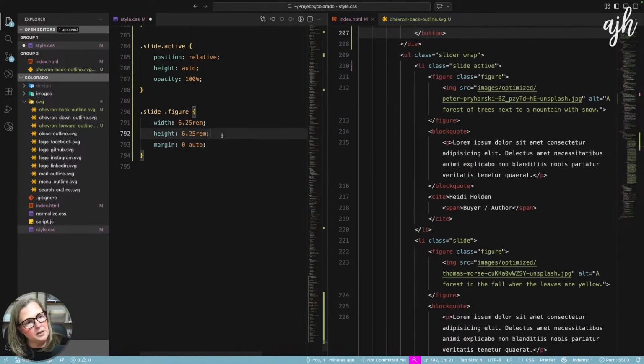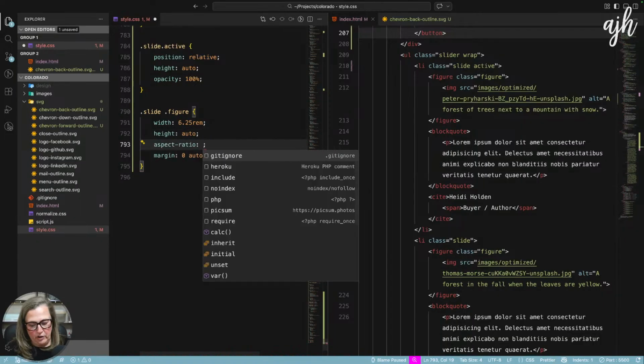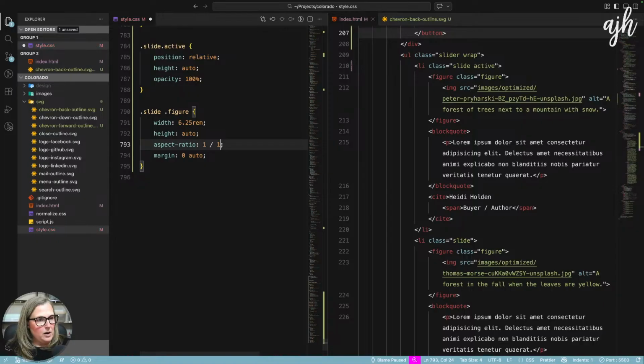Or I guess we could set an aspect ratio, but it's not full width, so we still have to say what the width is. So we'll just do a width of that. We'll do a height of auto, and then we'll do an aspect ratio of 1:1. That'll make it a square.